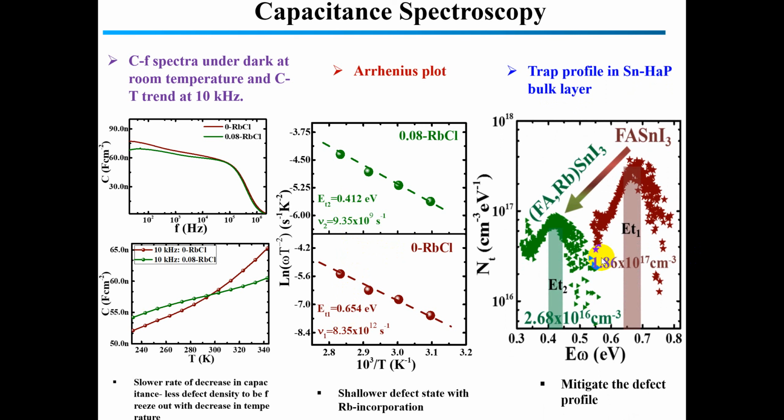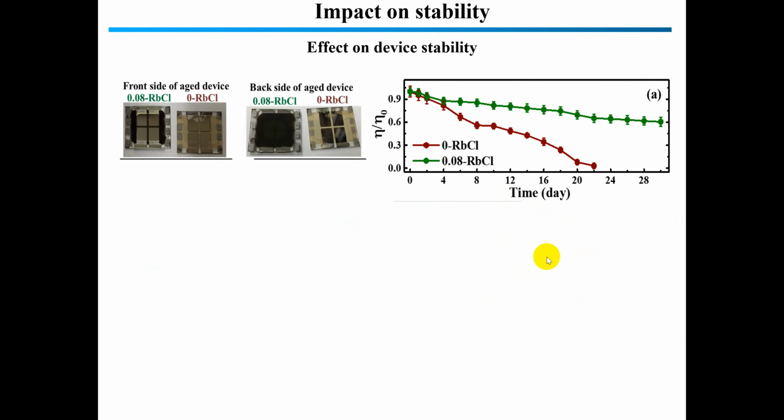And this is the calculation of the trap profile, and we can see the suppression of the defect profile with rubidium incorporation. This also supports our device performance, because we can see a noticeable improvement in VOC, and that is correlated to defect control or defect activities as well. We also study the device stability. This shows the normalized device performance. We can clearly see better stability with rubidium incorporation, and these are the front and back side of the